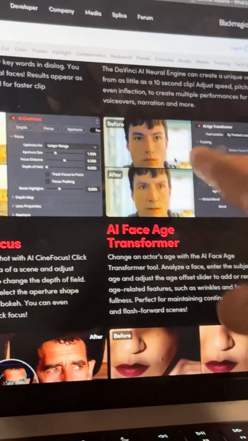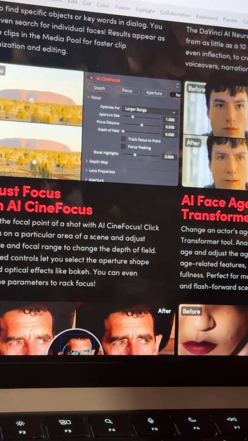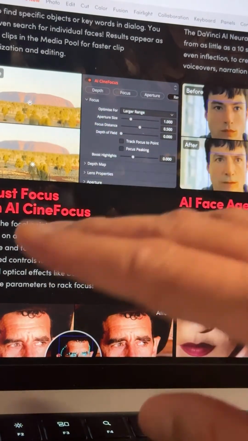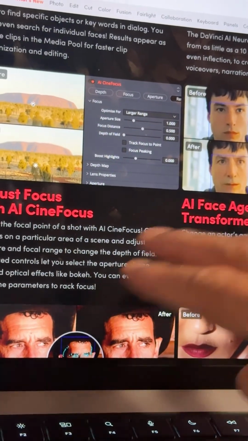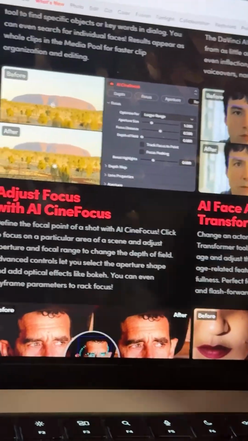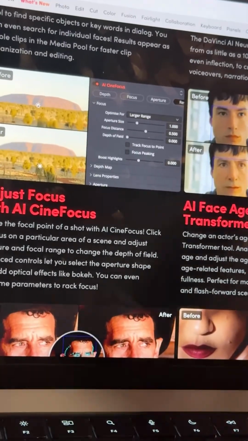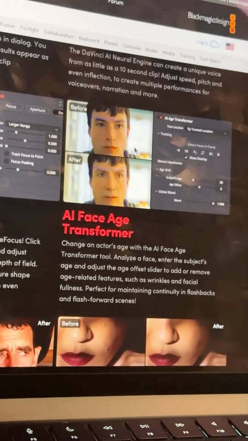So basically they have an AI age transformer effect in Studio. I think everything is in Studio. They are not going to be in the free version, only in Studio, because I have the free one, and I don't see any of these in there. So which means it has to be in the Studio one.